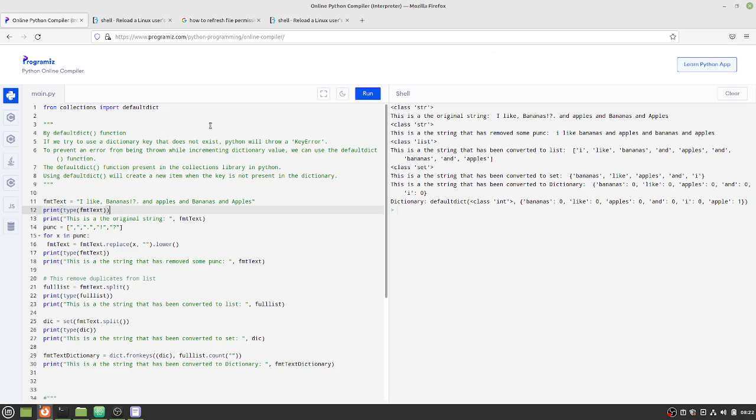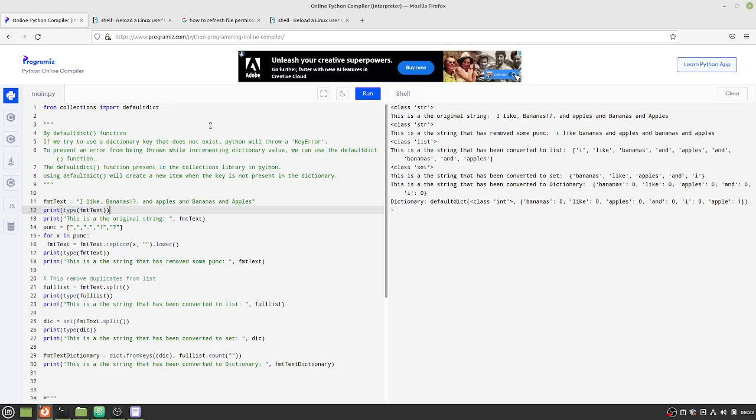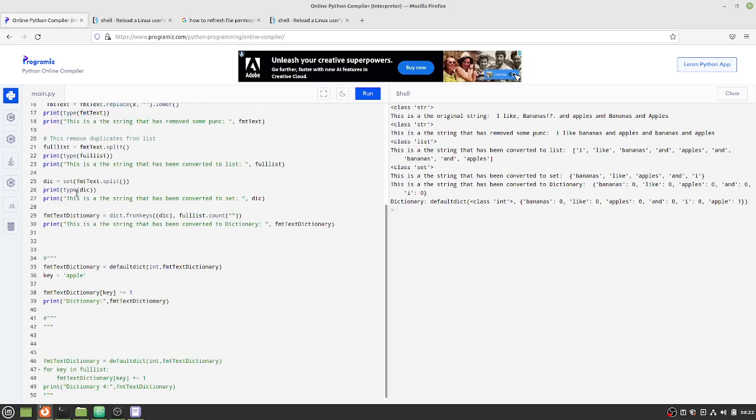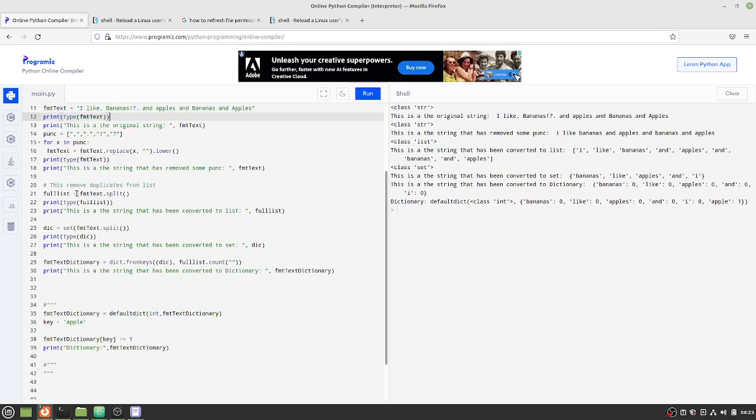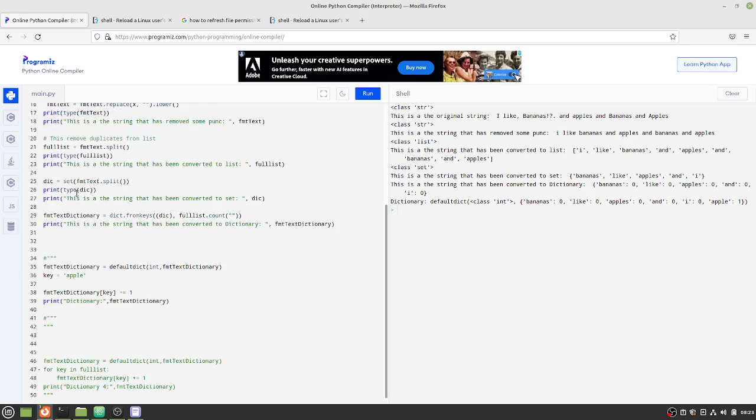Basically, you have to import this. This is not one of the built-in functions. You have to import it from the collections. So from collections, import defaultdict. Much of the code is similar to everything I've done. I'll go through it in a minute. But